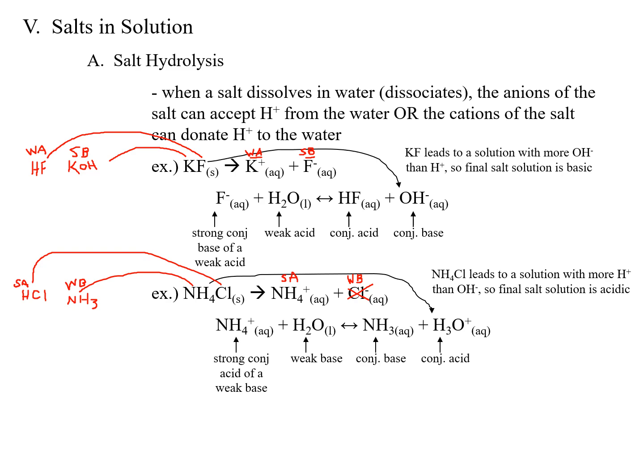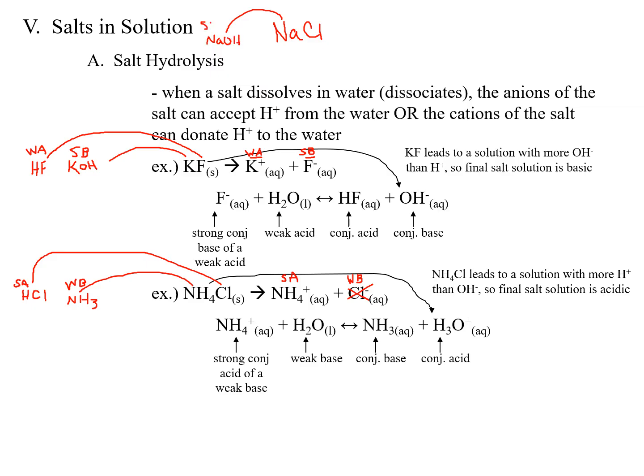Now, it's certainly possible that you can have a salt that has no effect on the pH. For example, the most famous salt of all, NaCl, comes from NaOH,